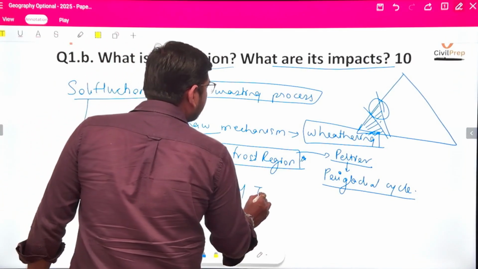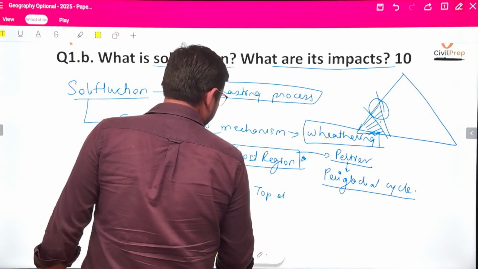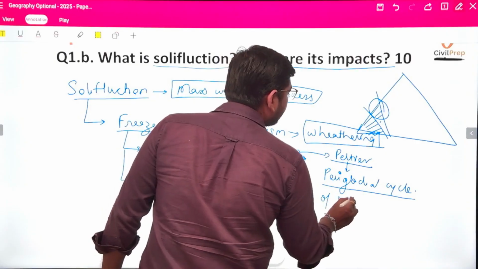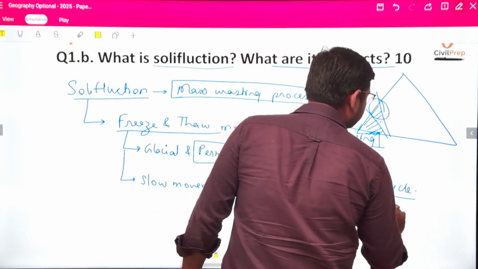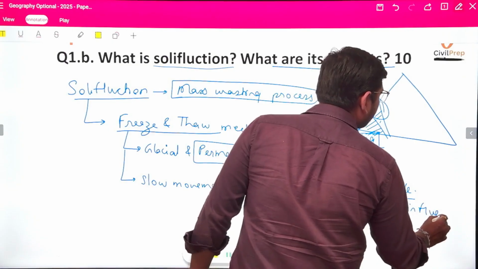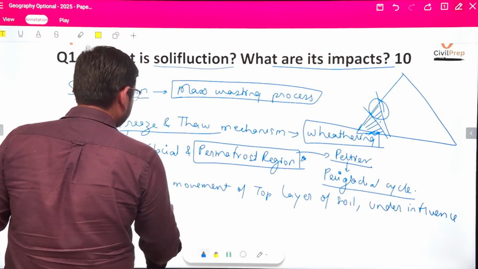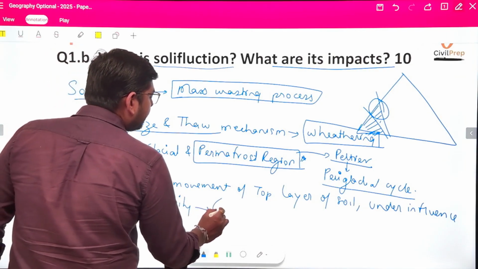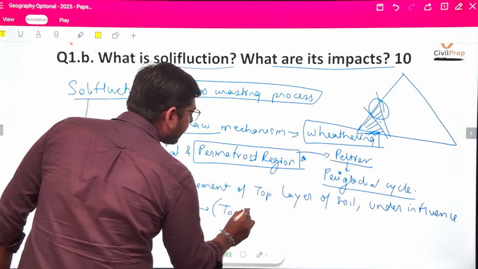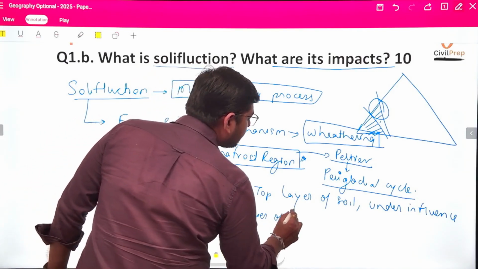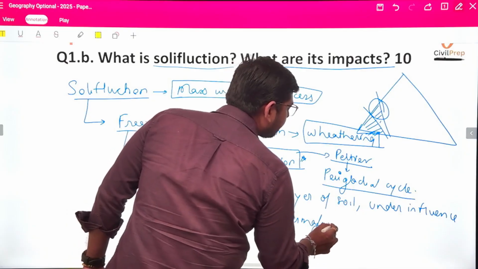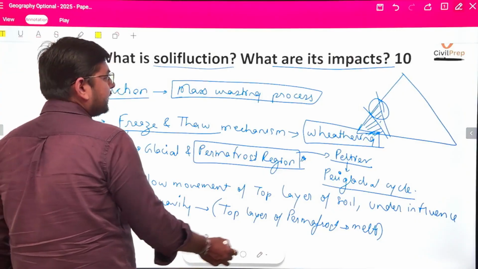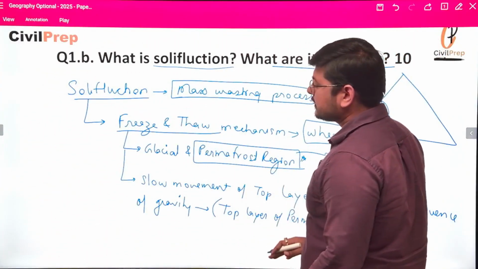of top layer of soil under the influence of gravity. Okay, it is moving under the influence of gravity when the top layer of permafrost melts. Okay, so through this process we'll be seeing that this kind of periglacial process is majorly seen in the